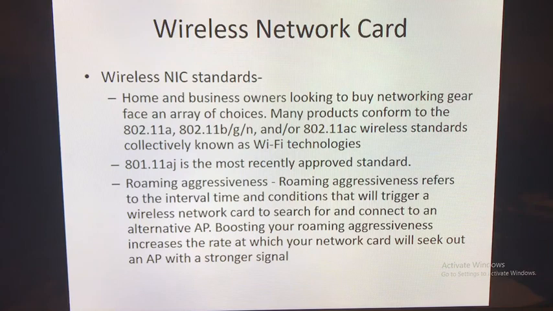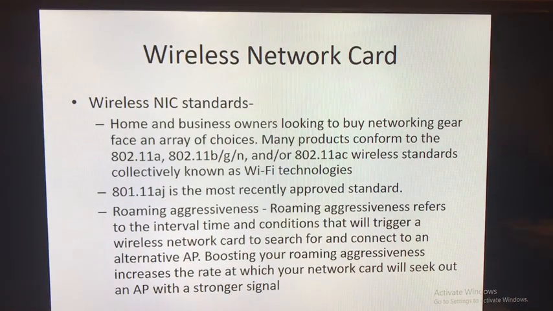But however, there is not much you can do because most of the newest appliances will use 802.11ac. Now, there is 802.11aj. It is recently approved, but we don't have that many of this type of appliance in the market yet, but they are coming. Roaming aggressiveness refers to the time it takes for an appliance to start looking for a